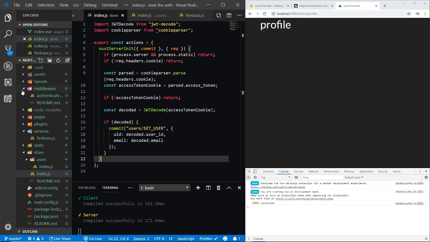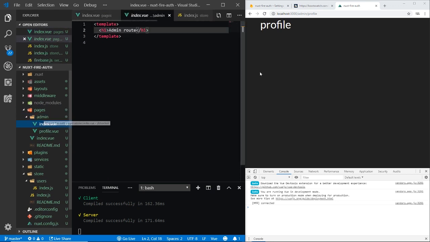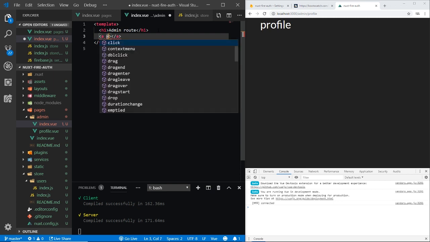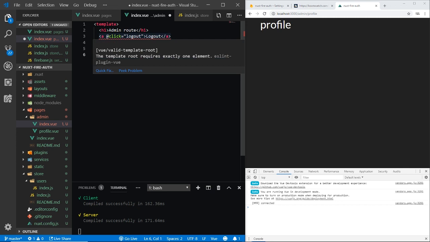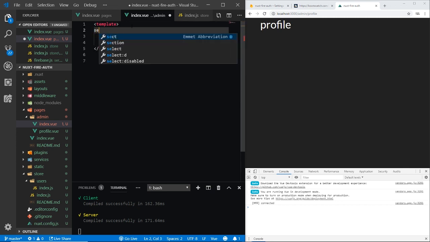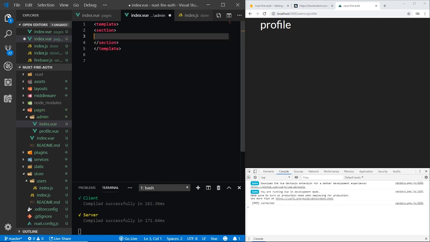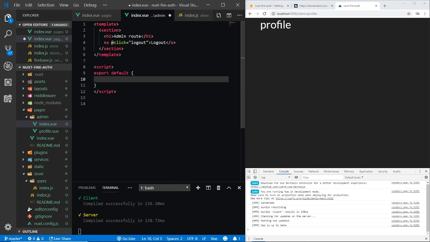So what we can do to test this is we can go to pages, not index, we can go to pages admin index. And then in here, let's just add an A tag without an href and just say add click equals logout, and then just say logout here, and then below, what's this complaining about? Oh, we need one element. I hope Vue 3 and Nuxt allows us to use more than one root element. But okay, so in the script, we want to set that method